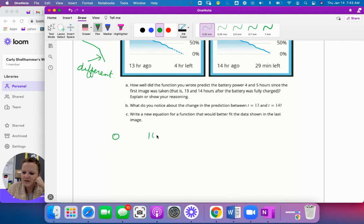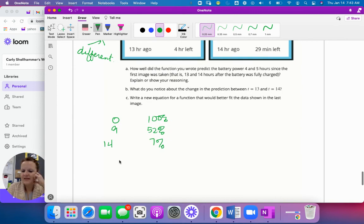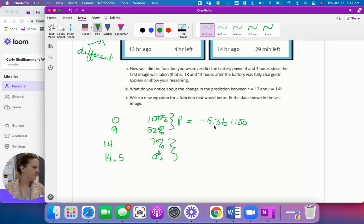So we did 0 and 100%, and then we had 9 and 52%, and then 14 was 7%, right? Right there. And then let's just say, I don't know, 14.5 is 0%. So we need this function right here. We got one here. This one right here is p equals negative 5.3 t plus 100. All right, so we need that last one. So let's do our average rate of change. 7 minus 0 over 14 minus 14.5. So our slope is negative 14. So our function here would be p equals negative 14 t plus